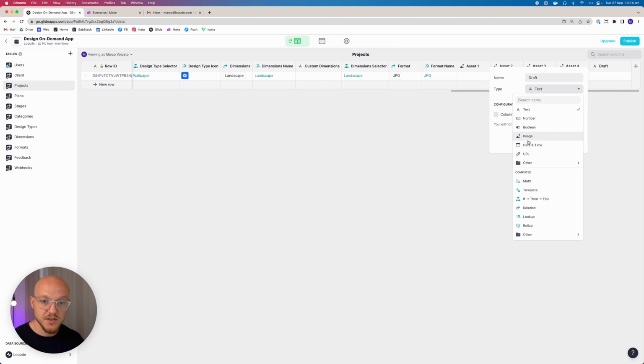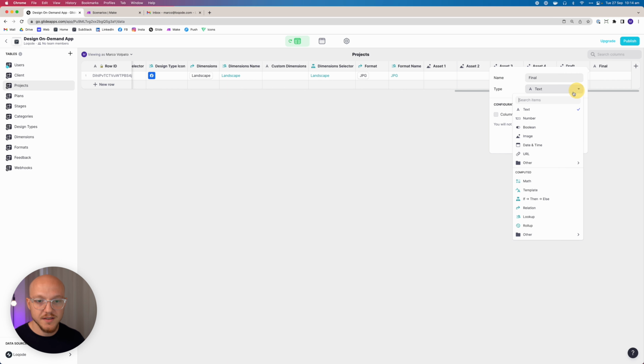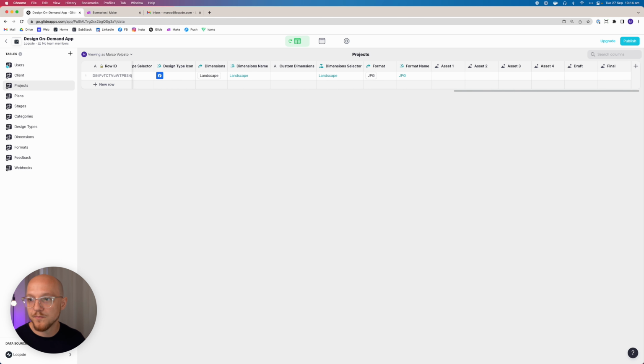another image, which is going to be the draft image that you will upload and then ask them to give feedback on. And then we're going to upload the final, which is the final result, which is also an image field. So we're on the home stretch here with the projects table. We're almost done. What we want to do is just add a few more